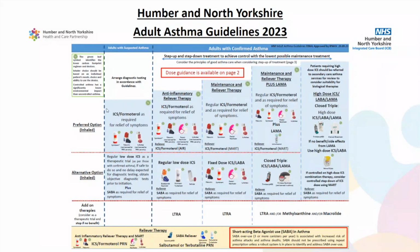And what you will see immediately jumps out at you as different compared to previous guidelines is that we now have two tracks. We have a preferred option for treating adult asthma patients, and we have an alternative option. And the alternative option really is for those that are not suited, in your opinion, to the preferred options. The preferred option should always be your go-to, and if there's a good reason not to, that's where you have the alternative. And the preferred option follows an anti-inflammatory reliever